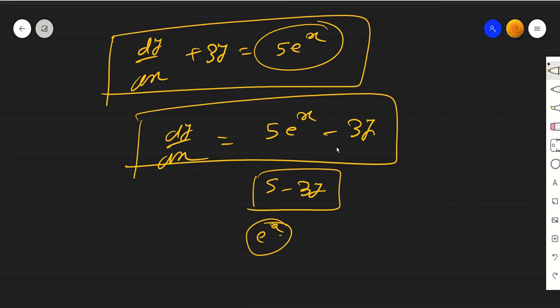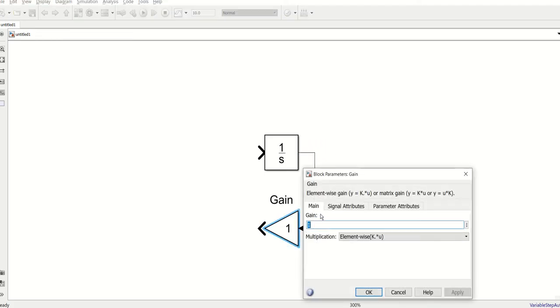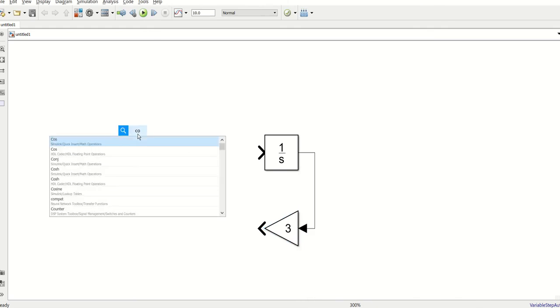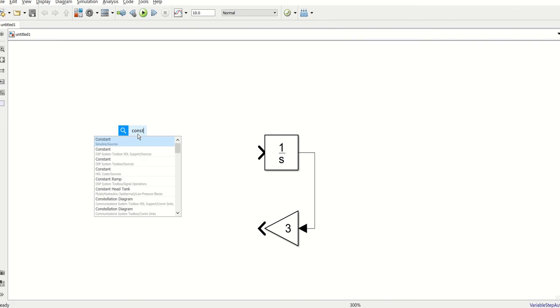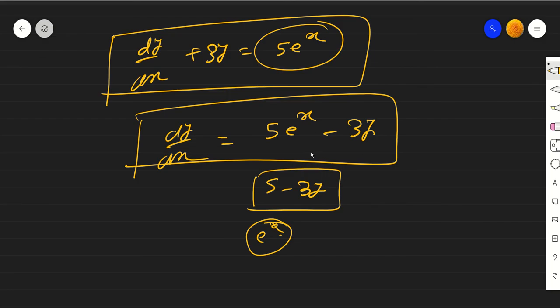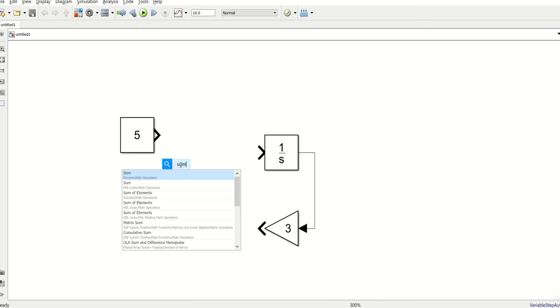The gain is 3, so I'll put this gain as 3. Then I'll put a summer here with a constant, so I need a constant block as well. And the constant is 5. Put a sum block here.